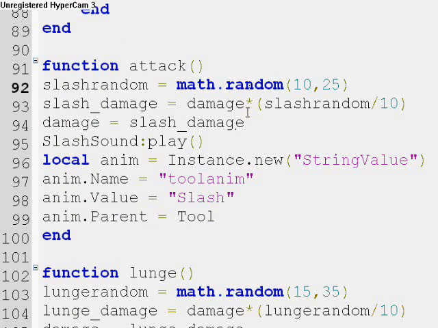First, we'll start with the attack function. Random equals math.random 10 through 25. This means that random will be a number between 10 and 25. It doesn't count decimals, so it won't be 10.1. It will be 10, 11, 12, 13, all the way through 25. So then,